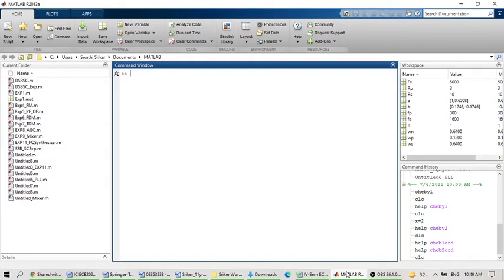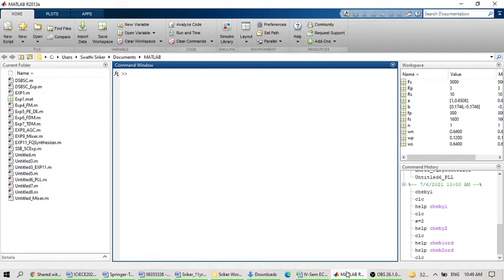A filter is an electronic component that allows only the desired frequency components and rejects the unwanted frequency components. So based on the type of frequency response and based on the type of impulse response, the digital filters are being divided into two types. They are IIR filters and FIR filters. IIR filters are nothing but infinite impulse response, and the FIR filters are nothing but the impulse response is of finite duration. Already in the last laboratory session, we have designed the low pass, high pass, band stop IIR filters using Butterworth and Chebyshev techniques.